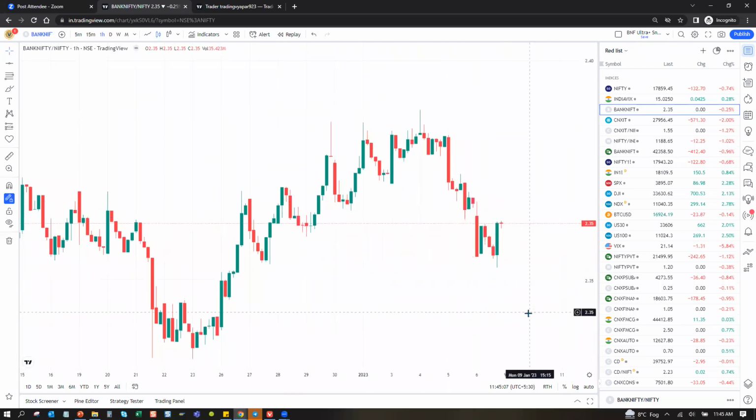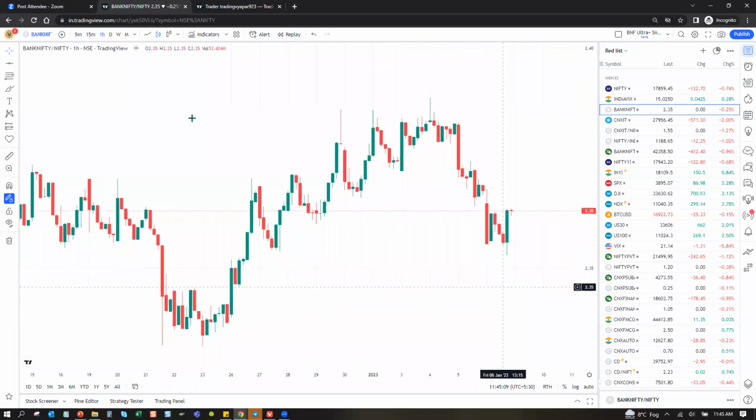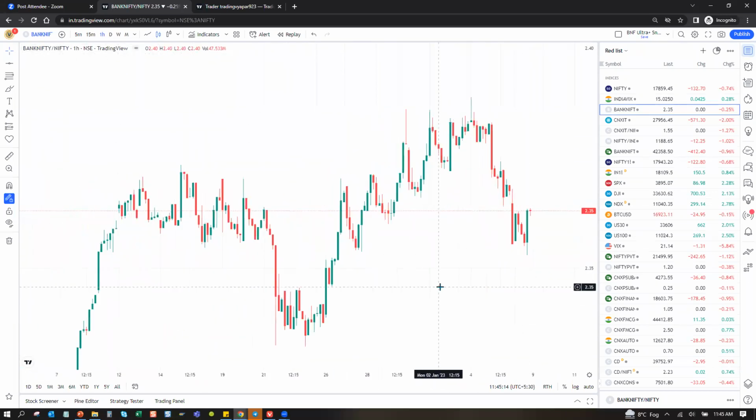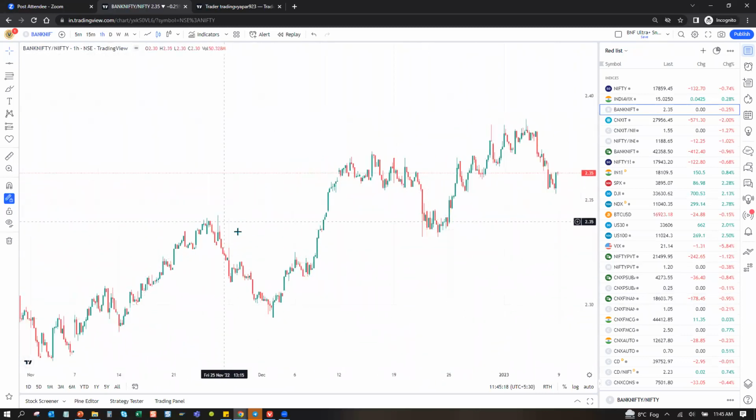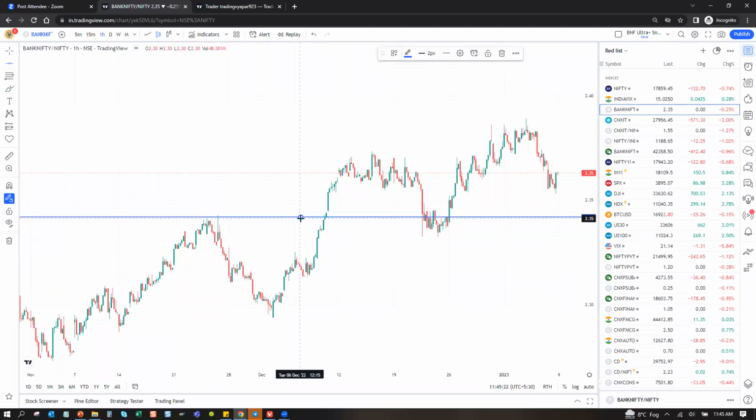A ratio chart. You mean pair trading, or the ratio chart that you currently see on screen? How to read that ratio chart? If it is 2.2, what does it indicate to us? I don't do technical much on ratio, but for example, say this is the breakout. When the ratio chart is rising, Bank Nifty is outperforming Nifty.